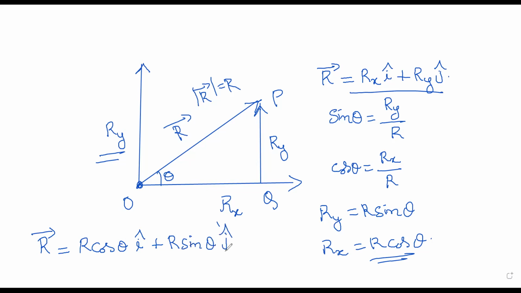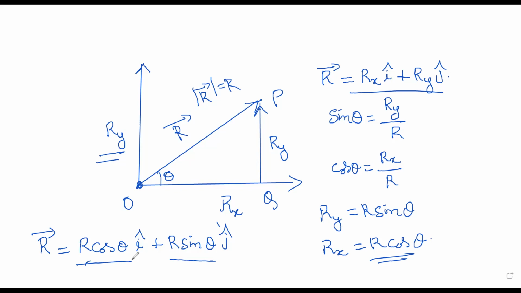It need not always be that the y component is sin theta and the x component is cos theta. This confusion exists, so I will resolve this confusion within this particular video. Always your x component need not be cosine and your y component need not be sine. So this confusion can be resolved. I hope you understood how to resolve this into components.